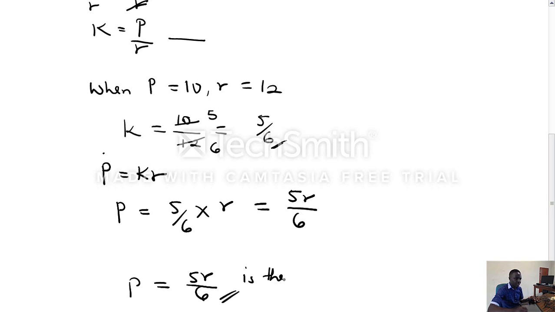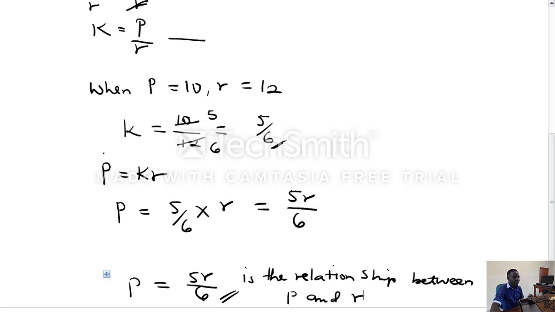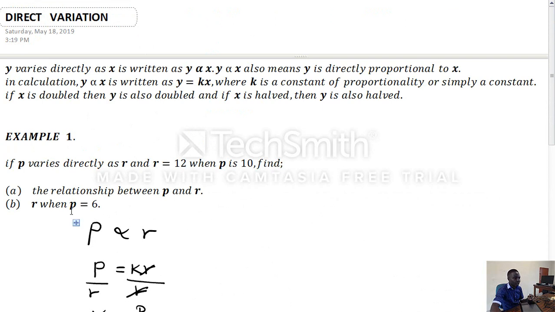This is the relationship between p and r. And if you go up further, you discover that the question says we should find the relationship between p and r,